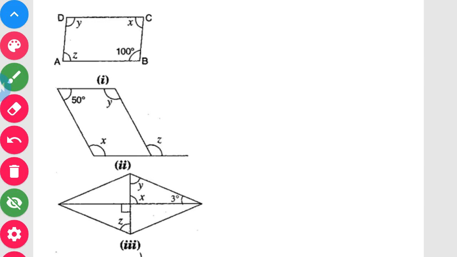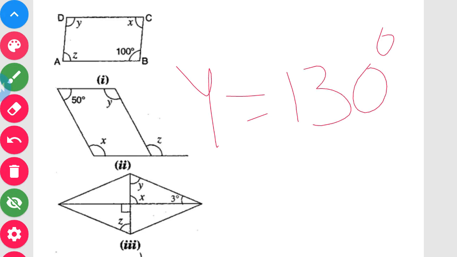So here, when you get x is 130, y also becomes 130, children, as opposite angles of a parallelogram are equal. Very simple to find, you only need to write the statement. It is not that you write directly, children. You need to state the reason why it is equal to 130 degrees. You have to justify your statements, or you can say your solution, with each step.